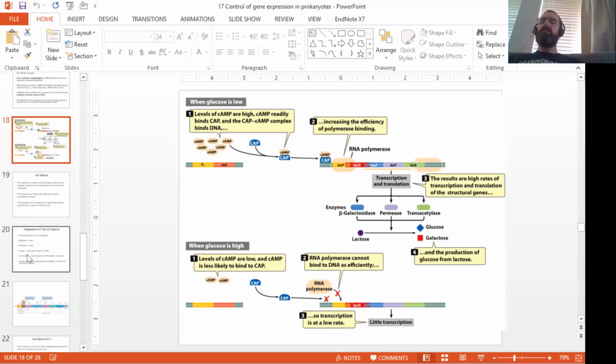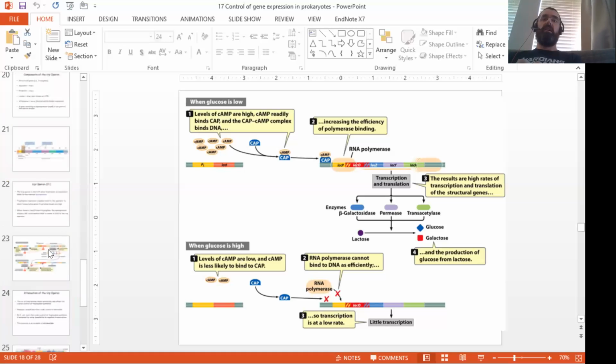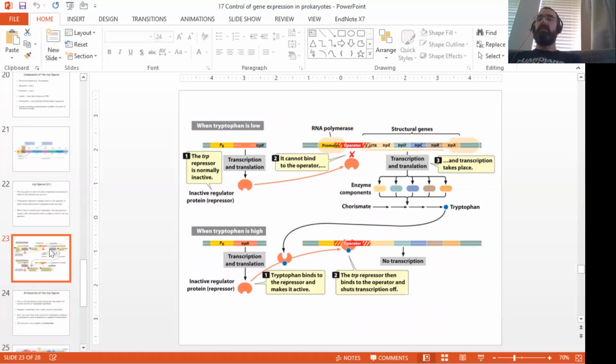So obviously after the exam today, which will be available in about 12 minutes, give or take, I would strongly suggest looking through the rest of this, right? You are going to be quizzed fairly hard on these two systems. And the lac operon is even funkier, right? So here we have